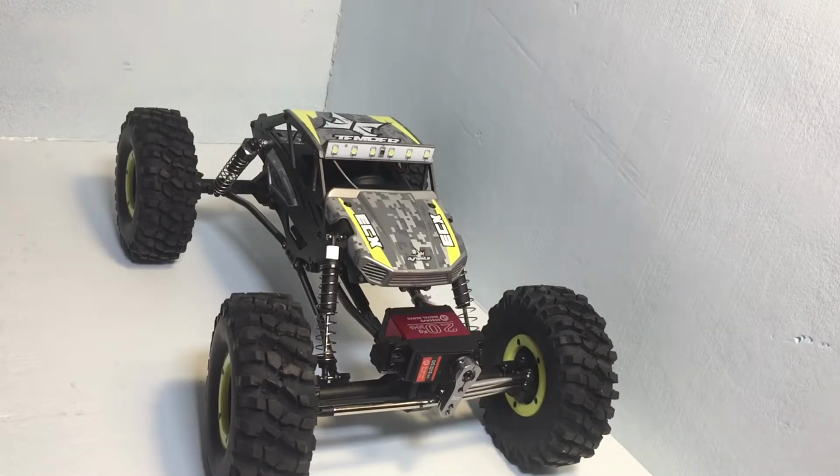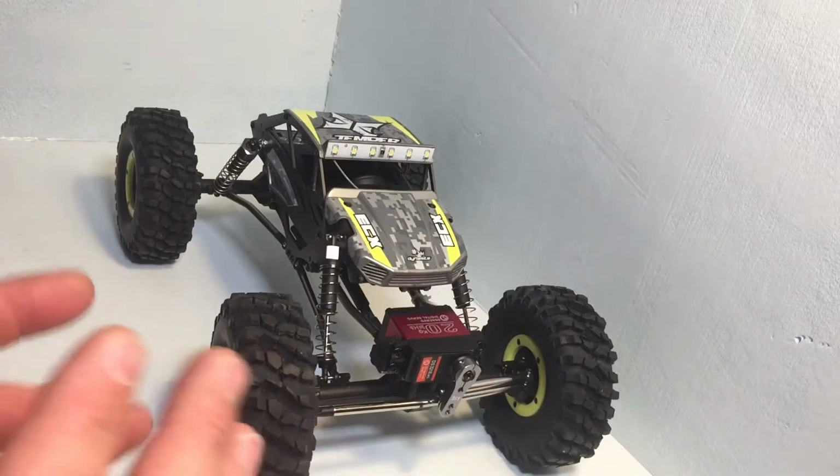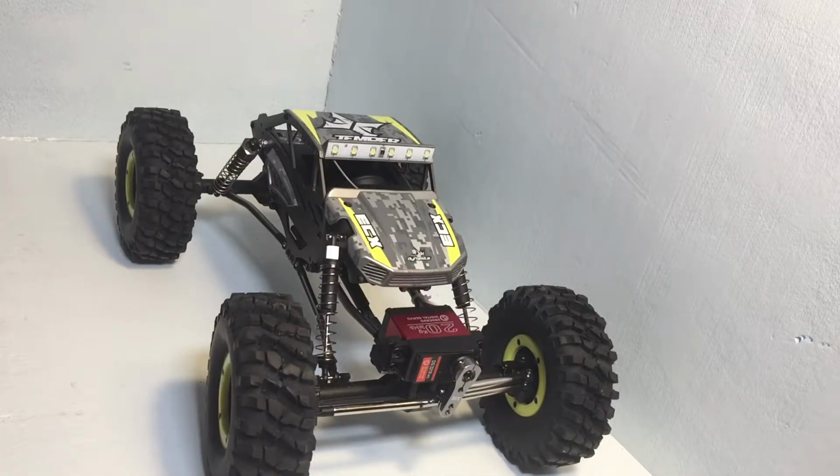What I did notice first thing, as soon as I started driving, was, man, it needs a lot more steering than how it comes box stock. So that was the first thing that I wanted to take care of. So where to start? I did a few things today to try and help out the steering and